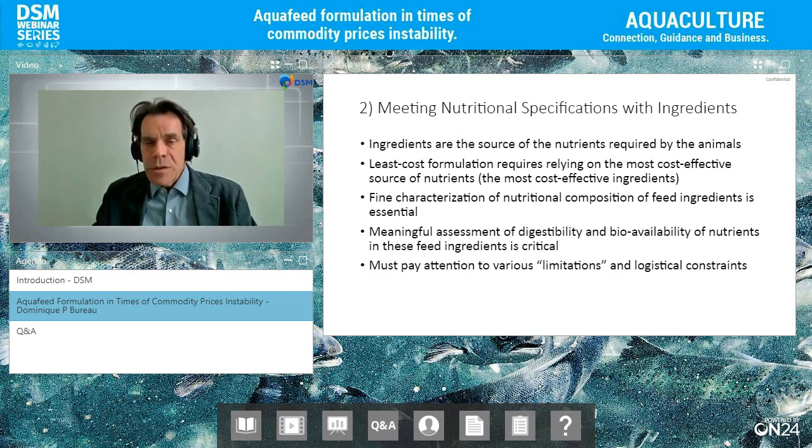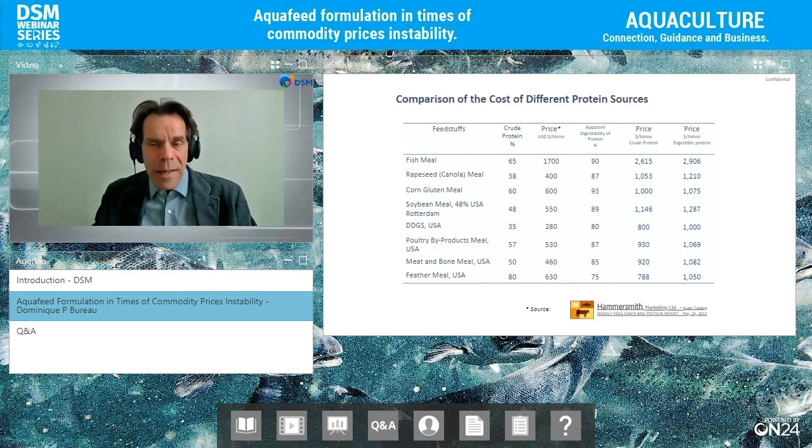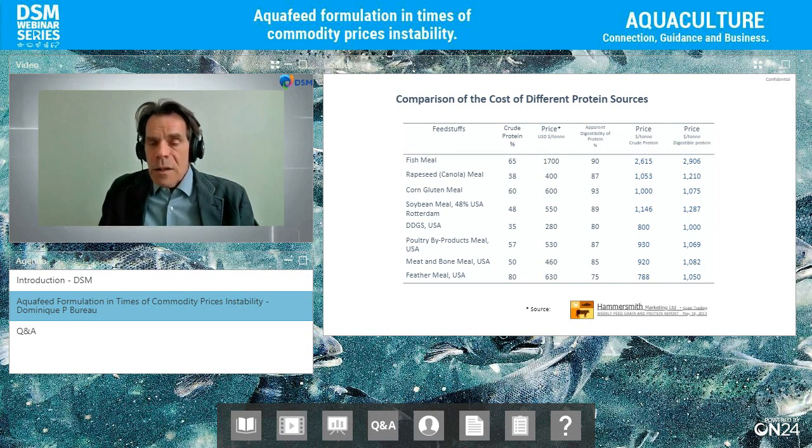Now, going back to the price, many years ago I started doing these kinds of analyses as well. We have different feed ingredients with different prices, but to compare them on a price basis doesn't make a whole lot of sense because these ingredients have different protein content. So I started comparing the price of protein-rich ingredients like fish meal, canola meal, corn gluten meal, soybean meal, and all this on a protein basis. But I'm saying if digestible protein is what matters, well, we should be computing the value per unit of digestible protein. So through this process, I was able to identify which ingredients are more expensive, and which ingredients are less expensive on a standardized basis. So I found it pretty useful.